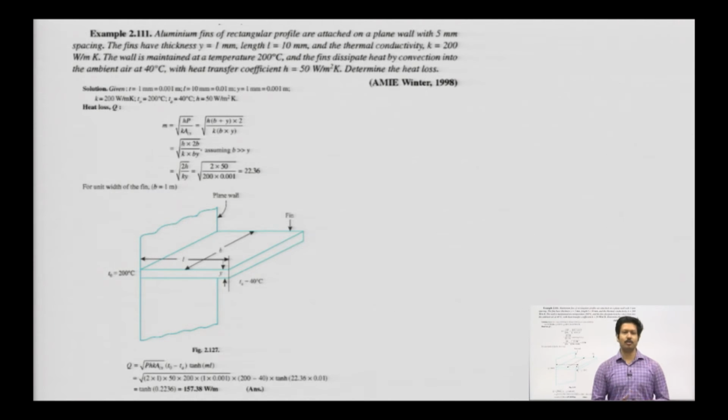So friends, you actually know what the first step is. The first step will be to calculate m. m is again the fin parameter, and the formula remains the same whether it is the insulated end or the infinitely long fin. So m is equal to root over hP by kA, and fortunately everything is given to you. Here it is root over hP by kA. The perimeter, you all know, is 2 into the breadth plus the thickness for a rectangular cross section, and the breadth into thickness is the cross sectional area.